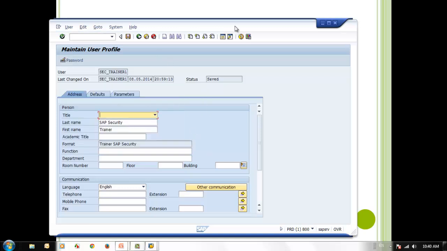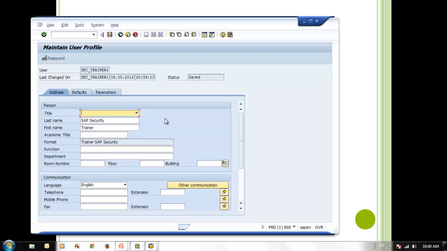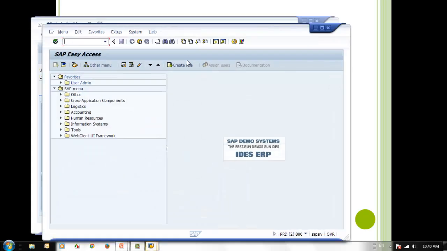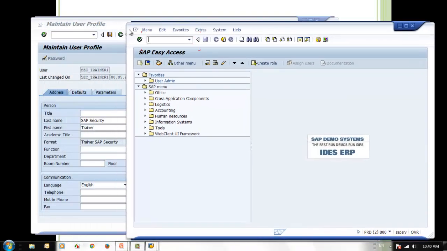Session means, let's say you have only one screen. In SAP, it will allow you to create many screens, many sessions. If you click here and create session, then you have the same SAP screen. You have the same user and same logon credentials in different sessions. So here you can work in a different transaction, for example,